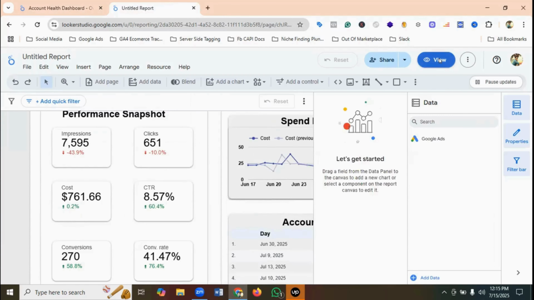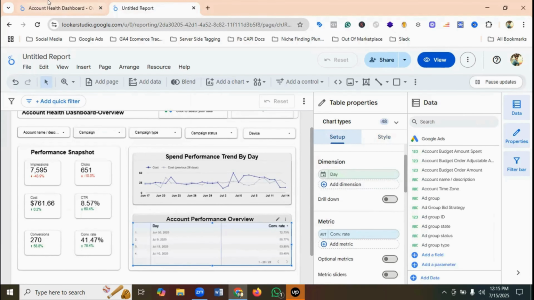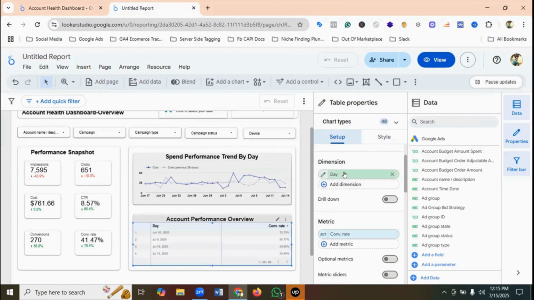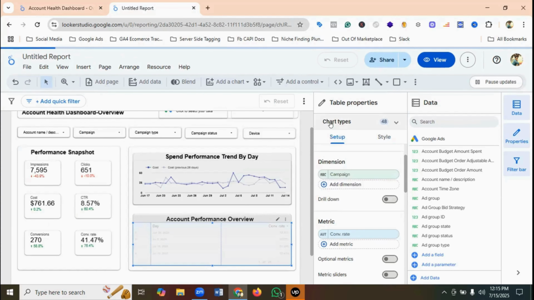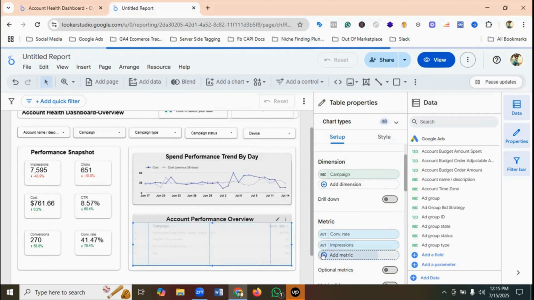Now we need to decorate this table like this. Okay. So let's select the table and go to the setup section. So as the dimension, we're going to be using campaign. And as the metrics, we are going to be using impressions, clicks, cost, conversions, and conversion rates. So dimension is selected as day, but we will change it to campaign. And as the metrics, conversion rate will be there. So we'll add some additional metrics like impressions, clicks,